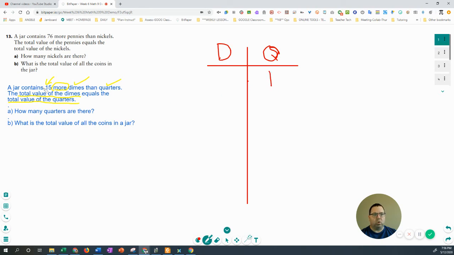If there was 1 quarter, let's go to my actual problem now. There's supposed to be 15 more dimes. If there's 1 quarter, then there must be 16 dimes. And if there were 2 quarters, there must be 15 more, 17. And this pattern goes on and on. This looks like your classic T-chart. It doesn't have to be X and Y. It could be